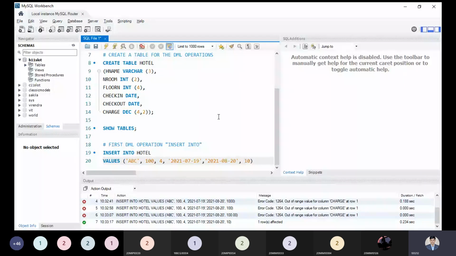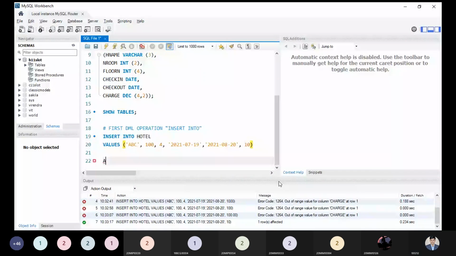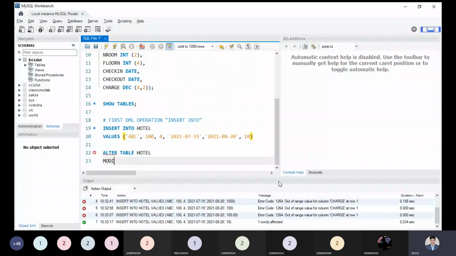We will update this. So let us understand. After this, alter table, and the table name we have is hotel, and we are modifying charge.